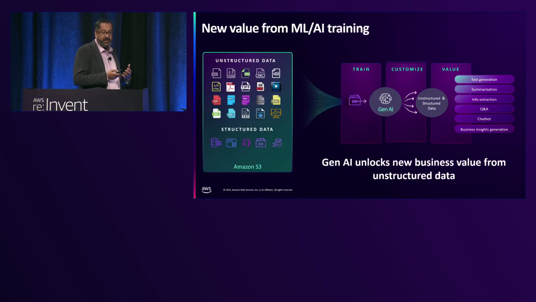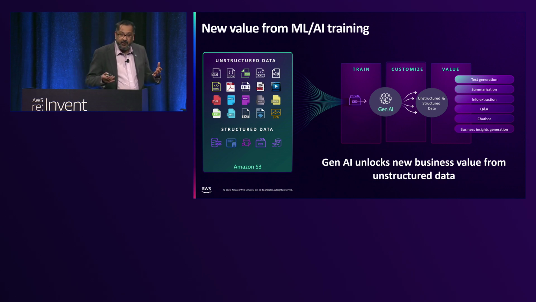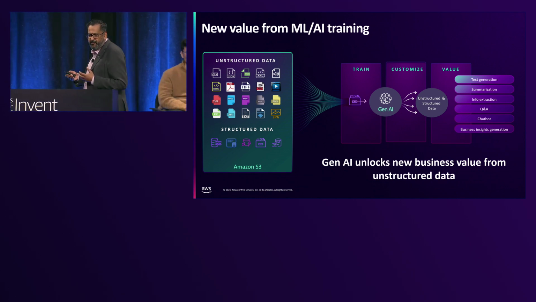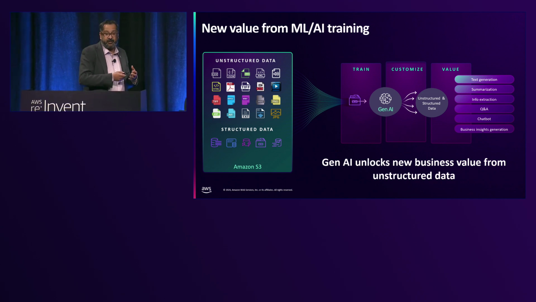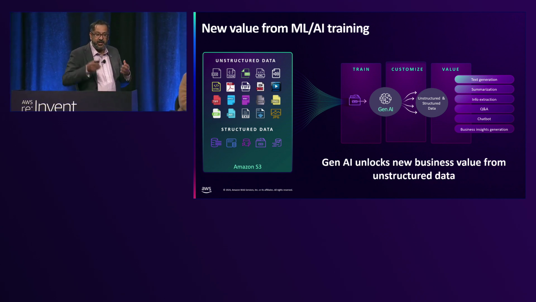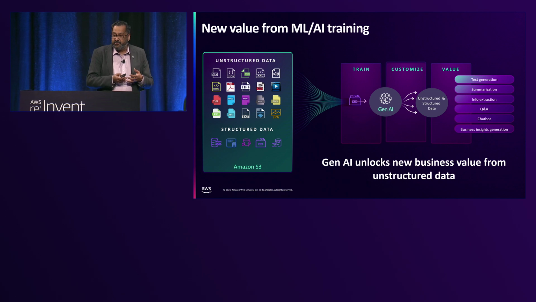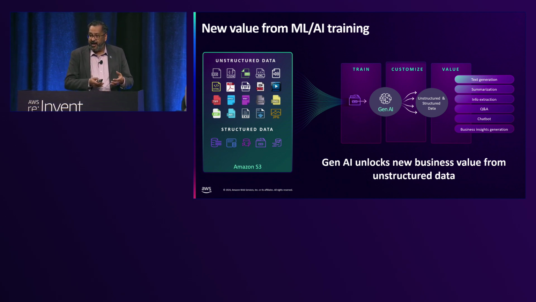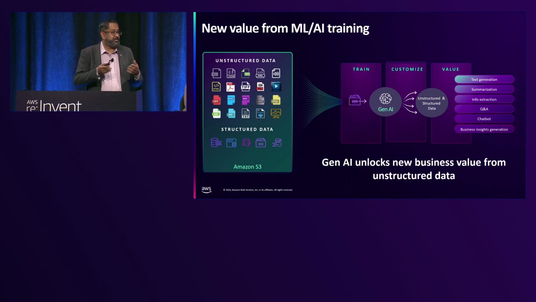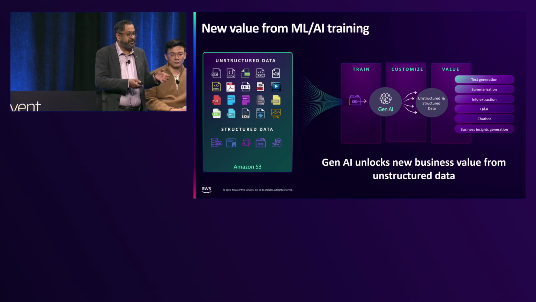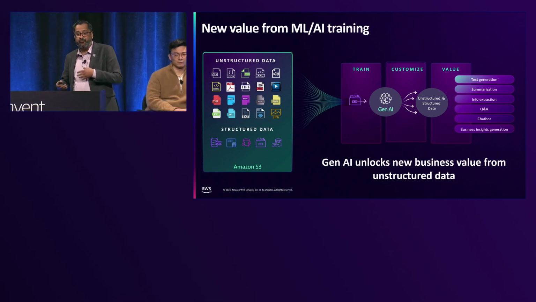And what we're hearing from our customers is that they have all this data and they would like to extract value from that. There are many such use cases where they want to extract value, but the one that stands out, most relevant today, so I'll use that as an example, is AI/ML training. A lot of our customers want to use this unstructured data that they currently have in S3 to train their AI/ML models, particularly Gen AI. So they are model builders. They have structured data, they have unstructured data. They want to use that to build their models, to train their models.